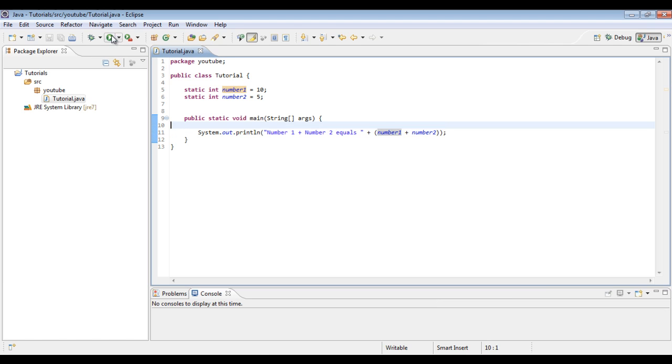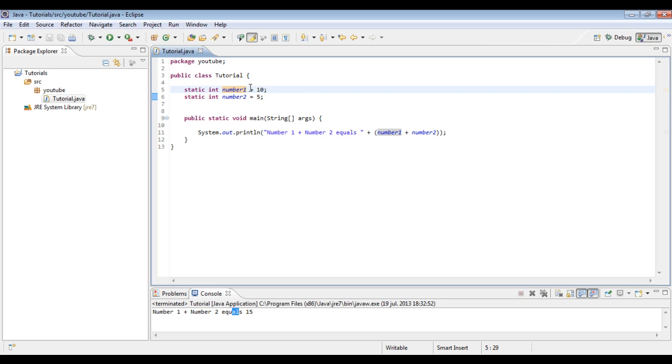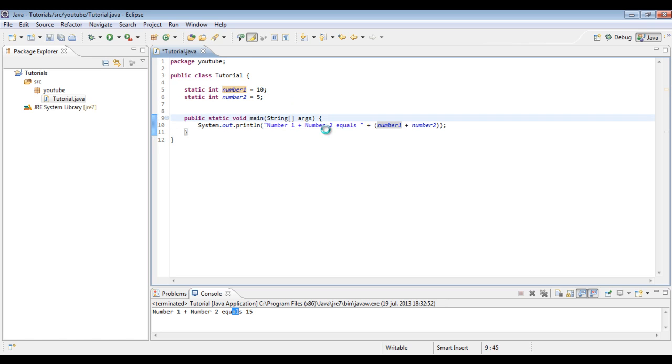So let's run, and as you can see, number 1 plus number 2 equals 15, and that's correct because 10 plus 5 is 15. And in case you didn't know that, just go back to school and learn some basic math and not waste your time with programming in Java, because it's gonna be kind of hard if you can't do basic